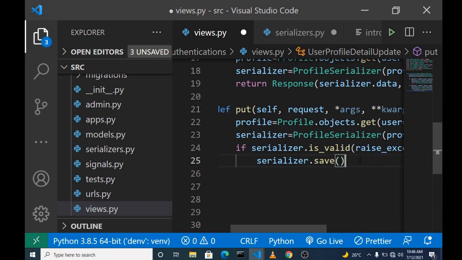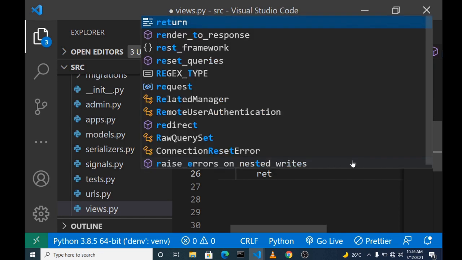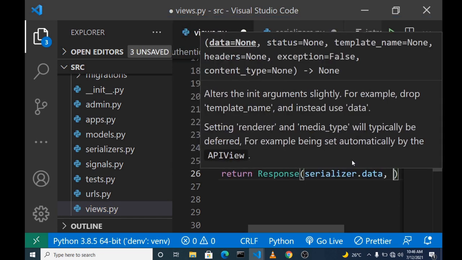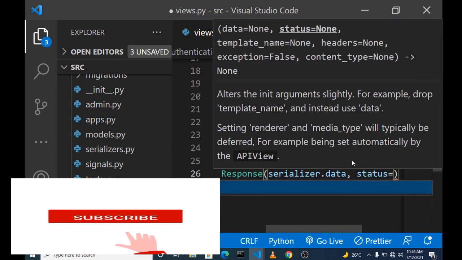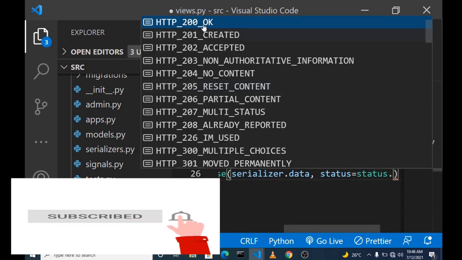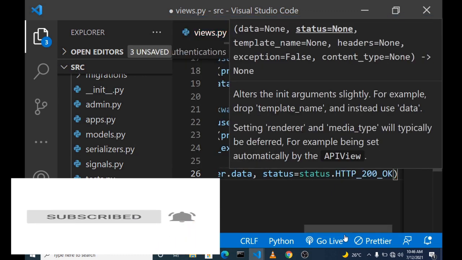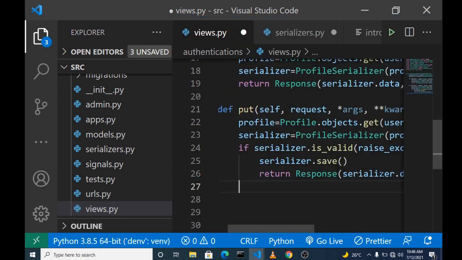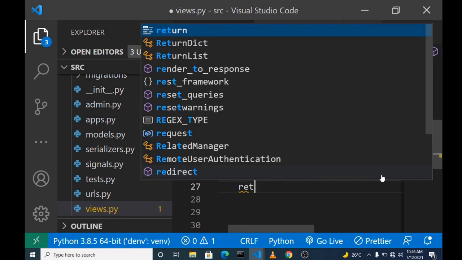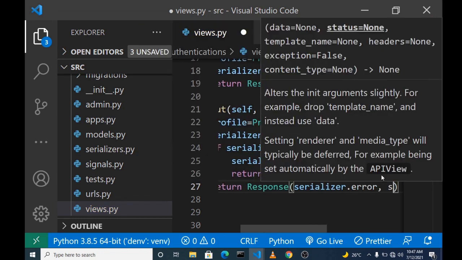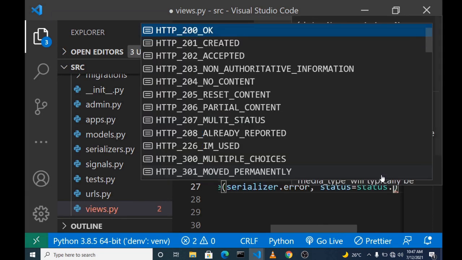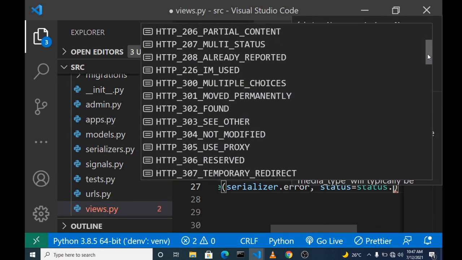Before that, we need to return a response and also the status code, which is going to be equal to status okay. If everything is fine, we should have an okay. Then if there is an error or something, we want to return an error response also. So the status is going to be bad request,